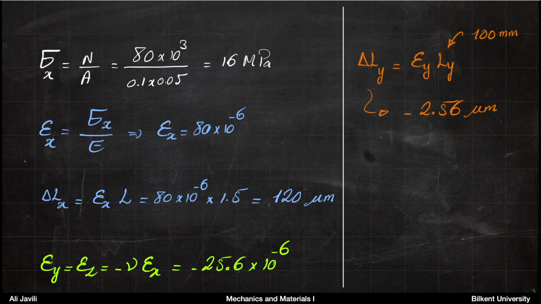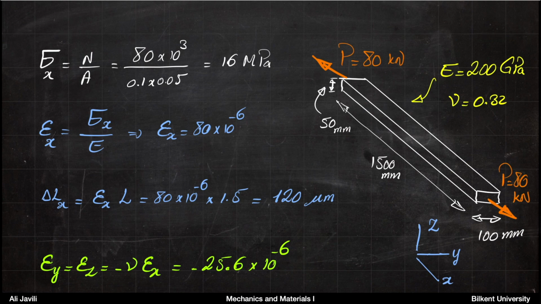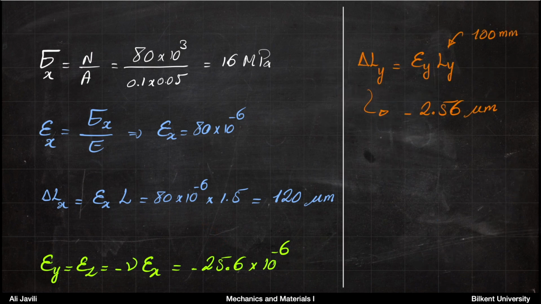So what you want to do next is to calculate the change of length in each direction. So now you know in each direction the strain is this. But in order to calculate the change of length, again, you use exactly the same relation that we had here, but for each direction separately. So delta L in the y direction is epsilon y times length in the y direction, which is 100 millimeter. So that gives you minus 2.56 micrometer. And then again, minus means that it is a contraction,